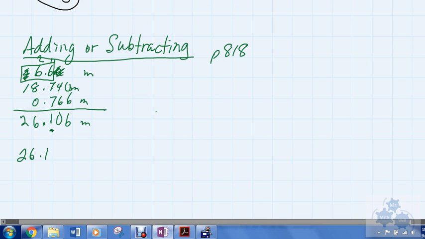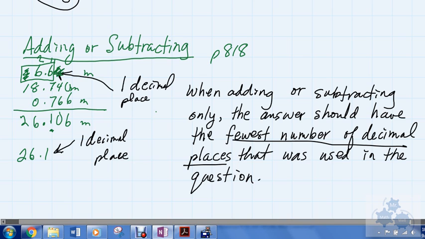Which is a bit different than multiplying, because this only has 2 sig figs, so if we were multiplying, then the answer should only have 2. But in this case, it's the decimal place. So let's summarize that. Once again, when adding or subtracting, when that's all you're doing, the answer should have the fewest number of decimal places that was used in any of the measurements in the question. And so this one we said had 2 sig figs, but it only has 1